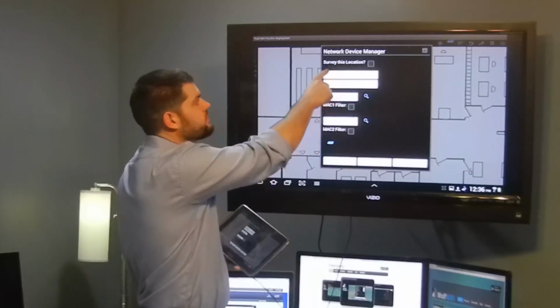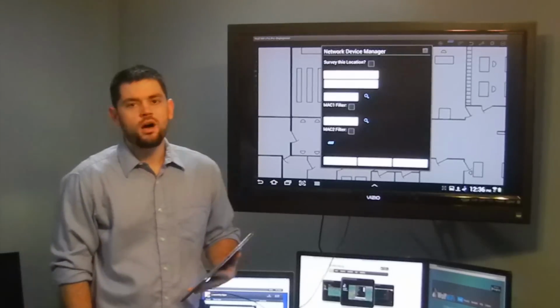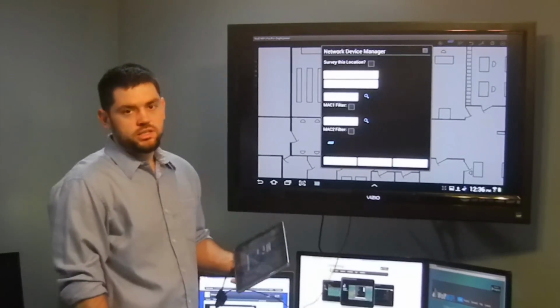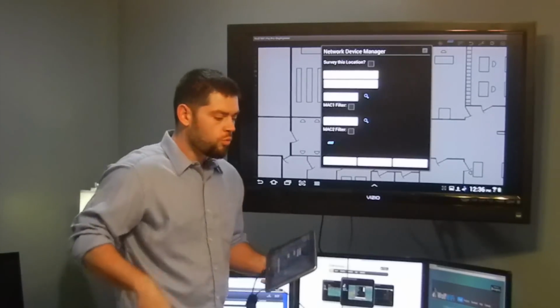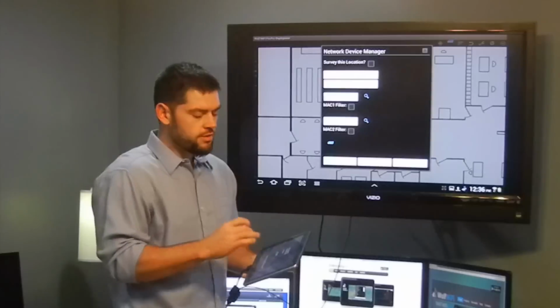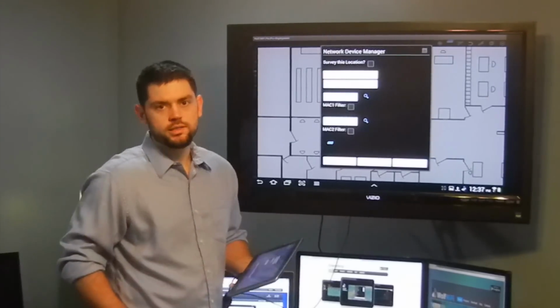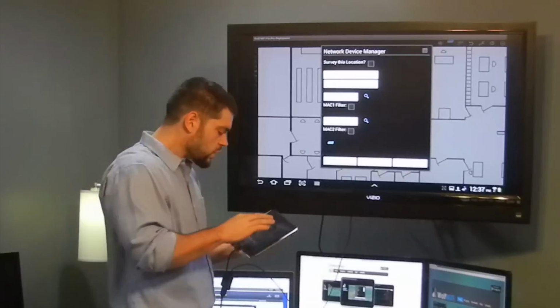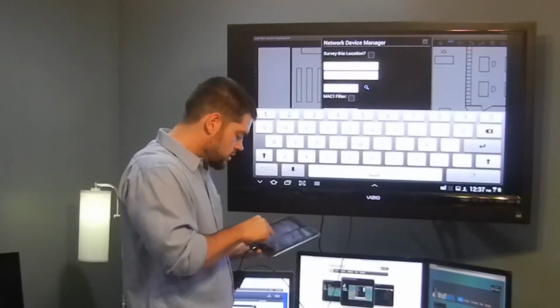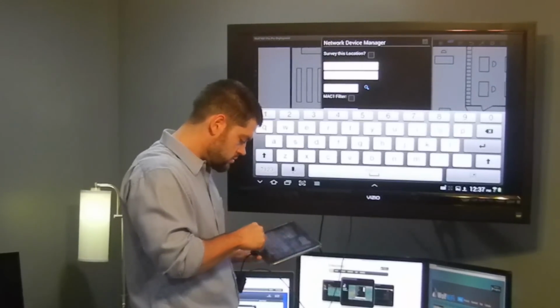So the other option you've got up here is a box that you check. It says survey this location. You need to have that box checked to be able to take samples. So wherever your hardware is physically and turned on, the icon that represents that location needs to be the icon that's got that box checked at that time. We're just going to call this test location